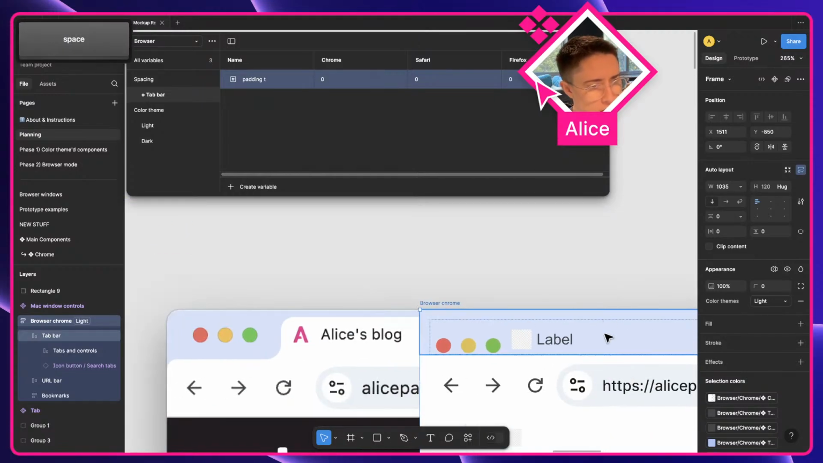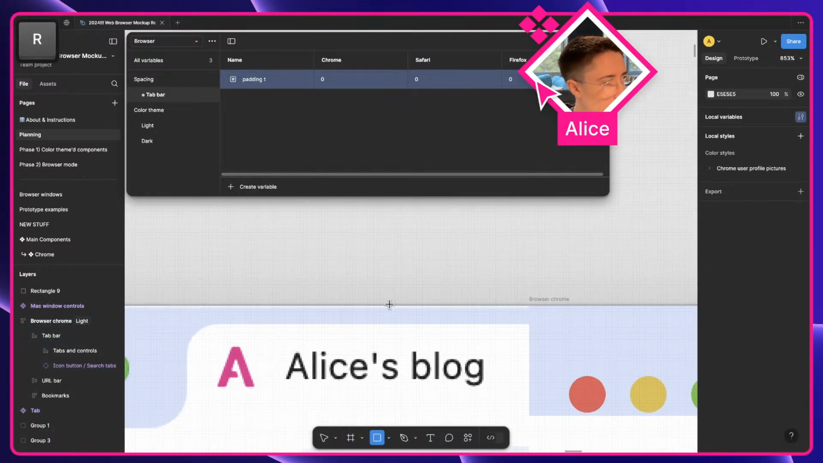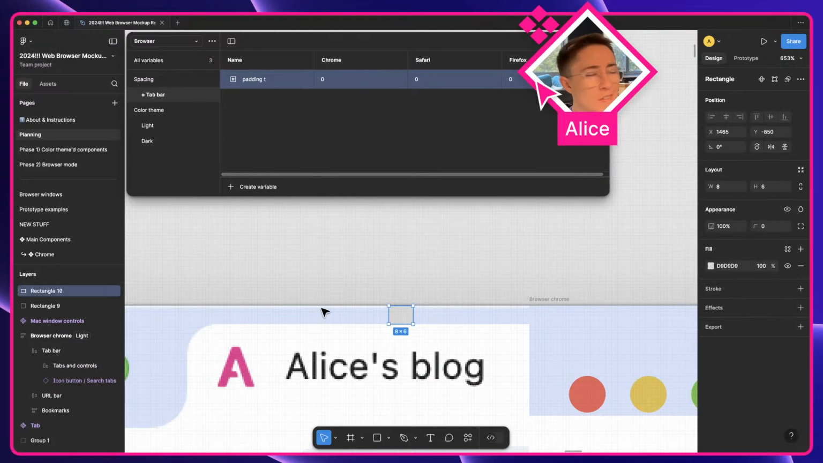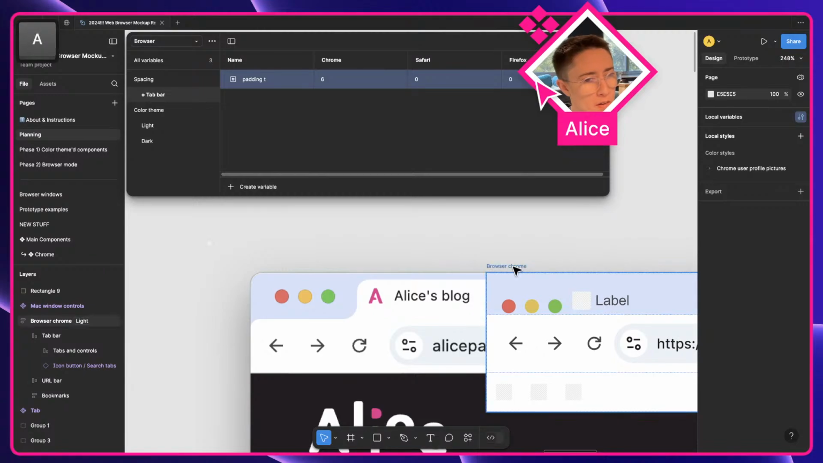This is where something like dev mode could actually be quite helpful. So it looks like 8 pixels was wrong. I think we've got something closer to, oh, and we're going to have to get all these little details like this little shine. 6 pixels is probably closer. Okay, 6 pixels for Chrome,